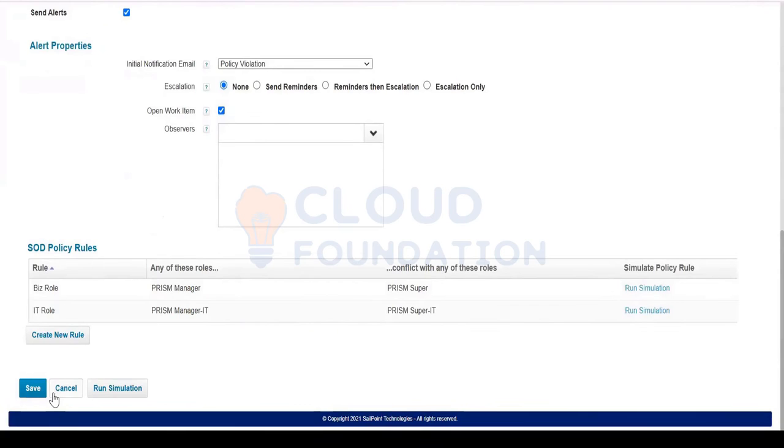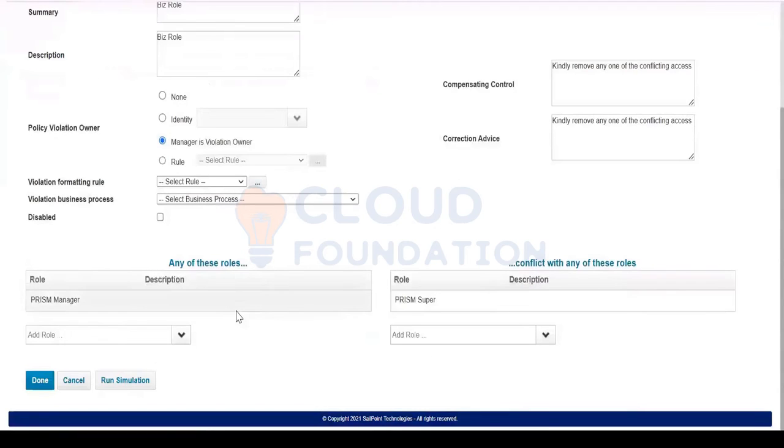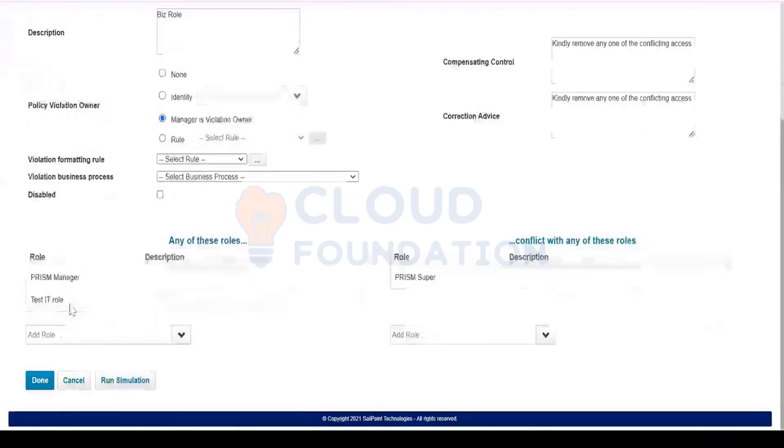And just to clarify, Akash, I can create any number of policies, right? Based on the combination, whatever. I assume that's not correct. If I'm not wrong, SailPoint by default will allow you to create 500 policies. See, from here also you can request any rules. There is no limit.